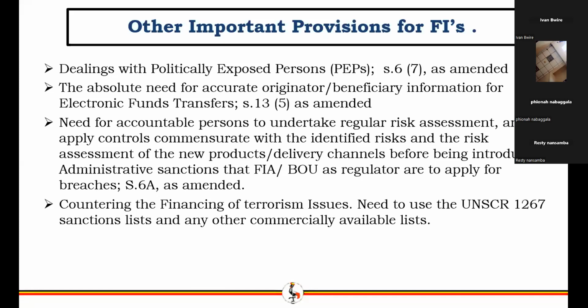The customer due diligence measures that you're supposed to undertake: obtaining accurate originator and beneficiary information. We discussed this under the FATF recommendations. So I guess this is self-explanatory in the sense that you're supposed to obtain adequate information as regards the name of the originator, address of the originator, and proper documentation, depending on where the transaction is initiating from. Also obtaining adequate beneficiary information when it comes to electronic funds transfers.